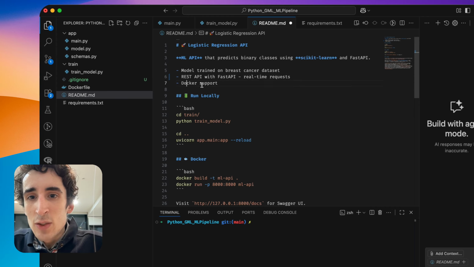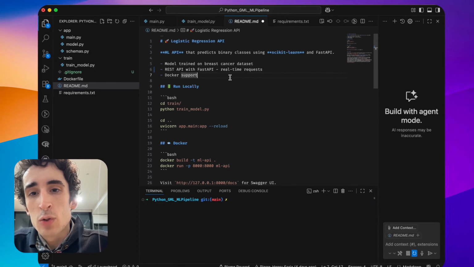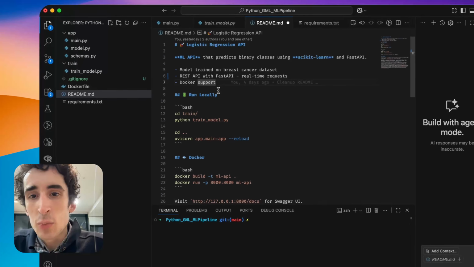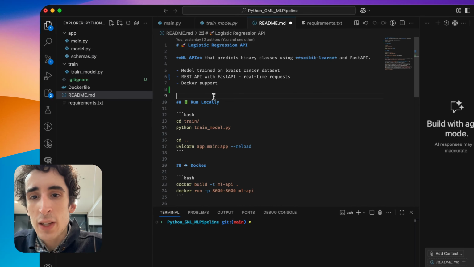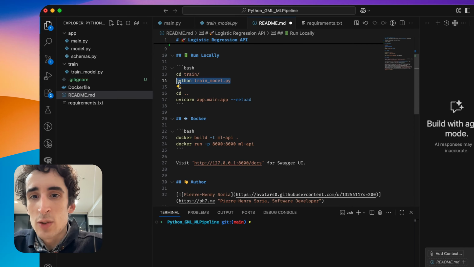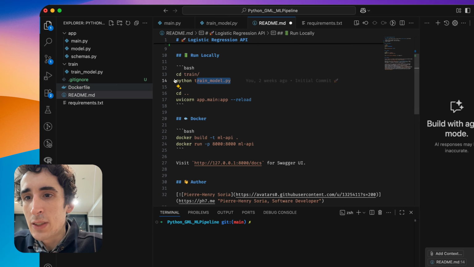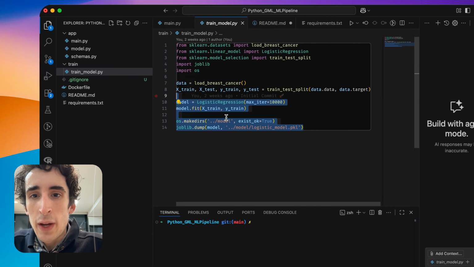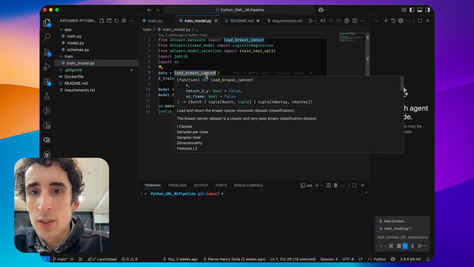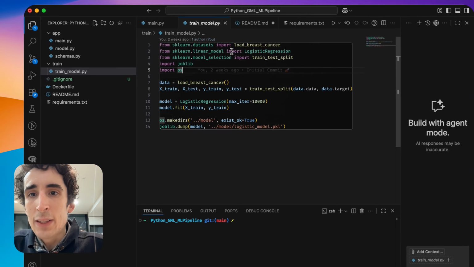requests, and then Docker support if we want to ship it to EC2, for instance, on AWS or elsewhere on the cloud. And then, of course, you can run it locally. There's no problem. The train model is the main script where I'm loading the breast cancer dataset, and once again